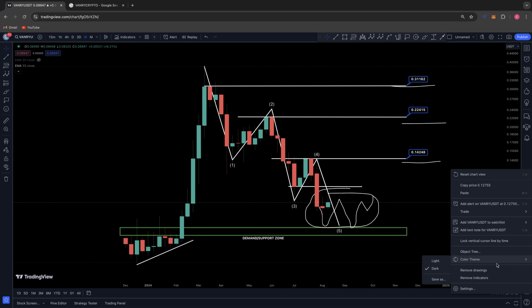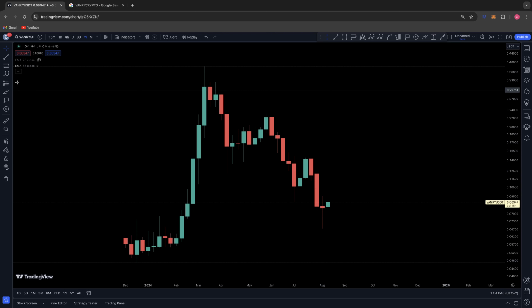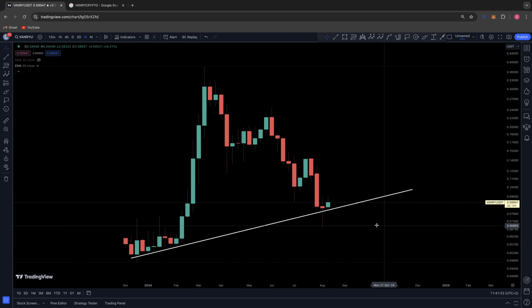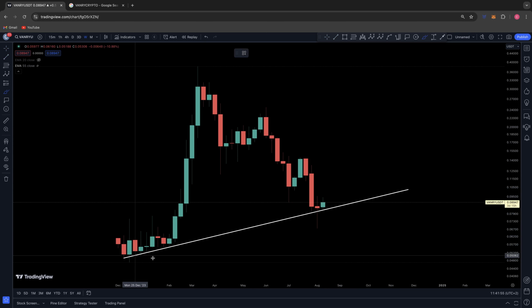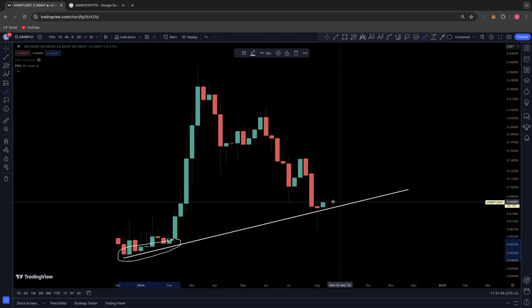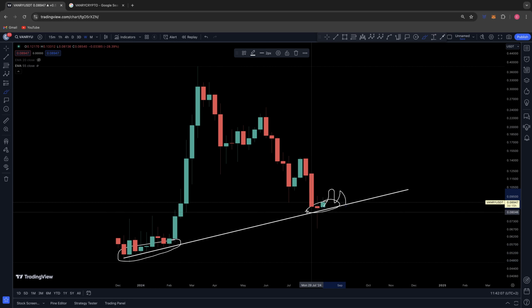Now there are 2 levels of key resistance and support that I want to look at equally, so I'm going to remove everything off the chart. We could have created this ascending level of support for ourselves, which we could see potentially retested in the future equally. So we've got these contacts of support along this trend line here, and right now we've come back to this trend line once again as of last week and this week. If we can hover up along and build higher lows here along this ascending support line,